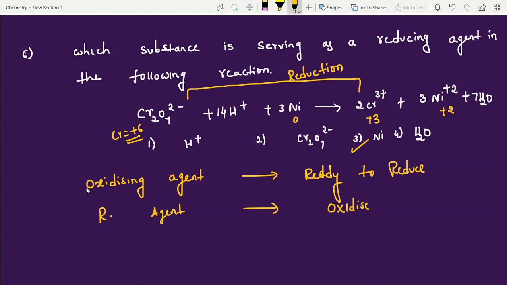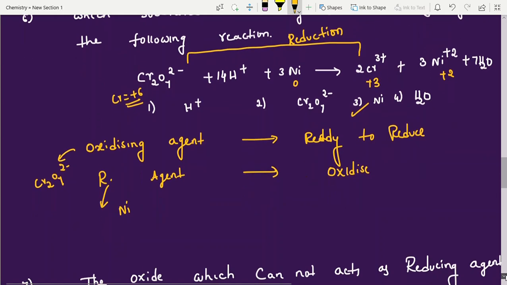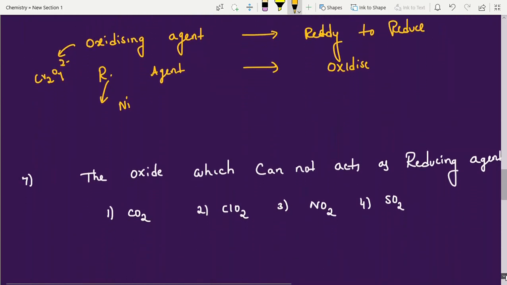The oxidizing agent is nothing but Cr2O7 2 minus. The reducing agent is nothing but, what is that? Nickel. See, nickel goes from 0 to plus 2 oxidation state. He is also alone, he can't do it; alone it's not possible. Definitely a partner is needed, like an LIC agent, which I compared in the concept explanation. He will not take any policies himself, he makes others take them. So please go through the concept. Now, finally the answer is nickel.